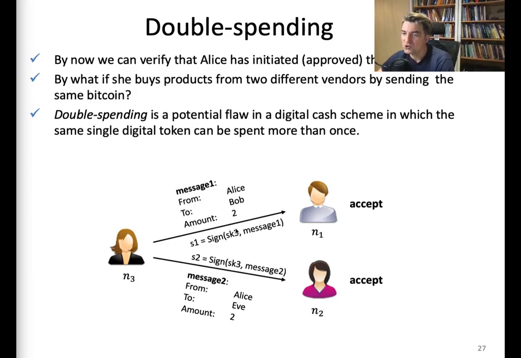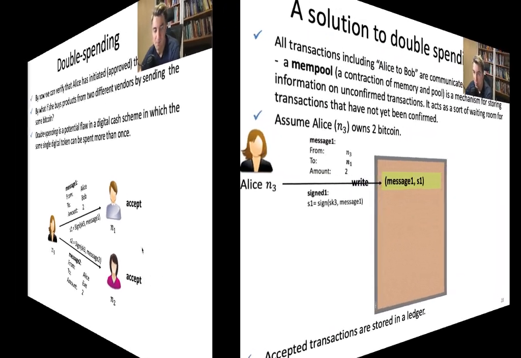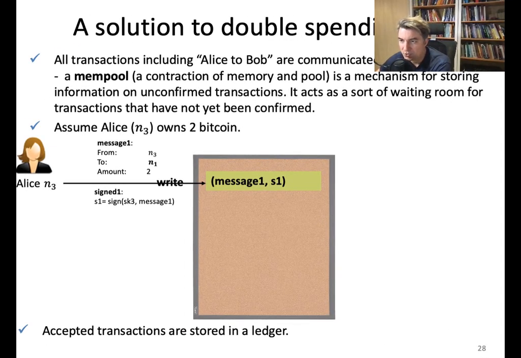This diagram demonstrates how messages are sent by Alice to 2 different vendors as a payment for a service or a product. You can see that she signs these 2 transactions with her private key, so both of the receivers could verify that indeed it's Alice who initiated these transactions, but they cannot check whether she has sent these funds to somebody else or not, and she is double spending. One solution to the double spending problem is to introduce a concept of a bulletin board that is called a mempool in